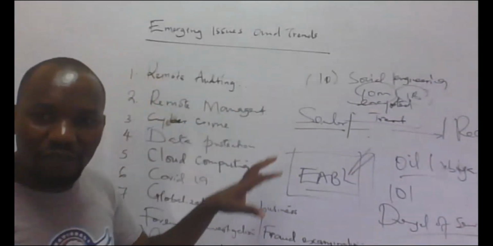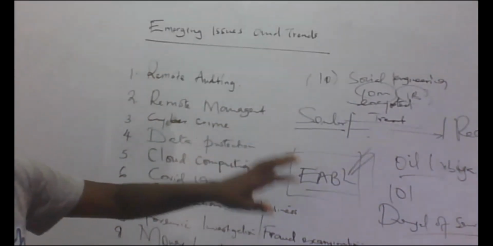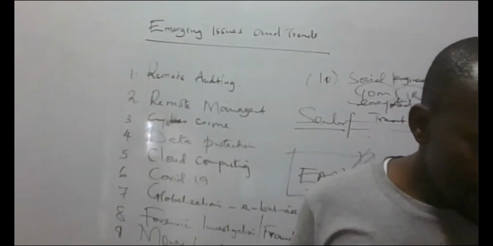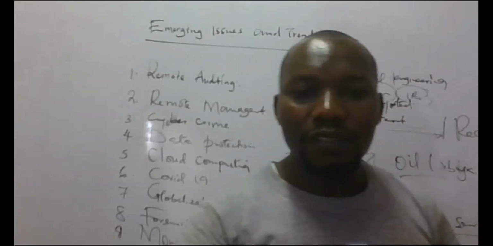Now, those are the current trends that we are having today. So I've just talked about cyber crime. It can happen in different ways. So the question is, if they're telling you to define what we mean by the word, like now in this question, they were saying,